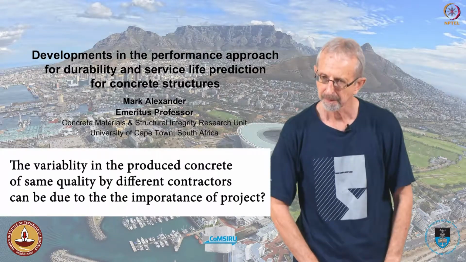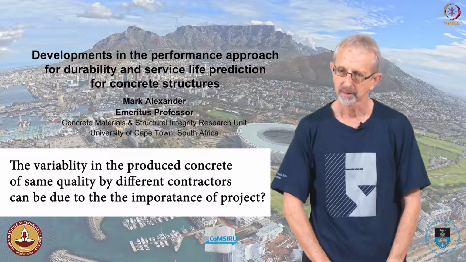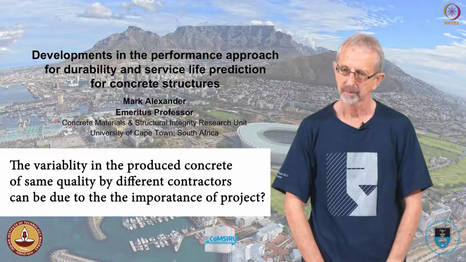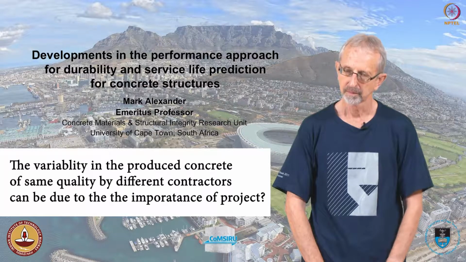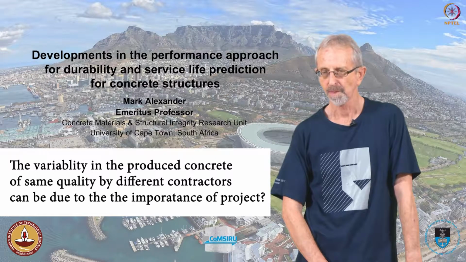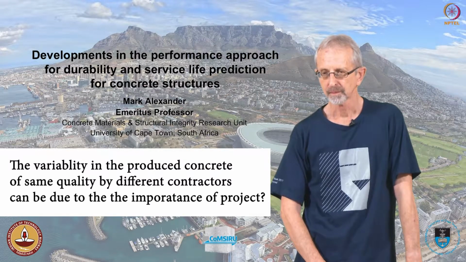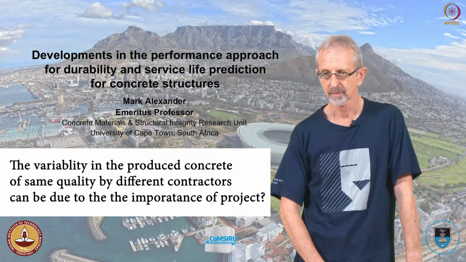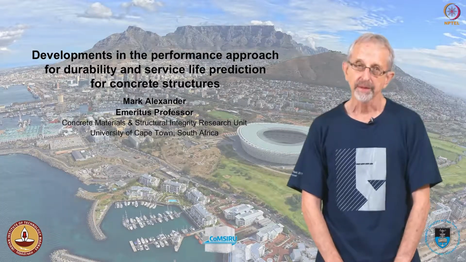For the same concrete with different contractors, there was variability. Do you think it is because of the nature of the work carried out in situ? For example, if it is a small tank or a small residential house, versus a site with a lot of public usage, like a main freeway. So because of the importance of the project, that would be the variability?